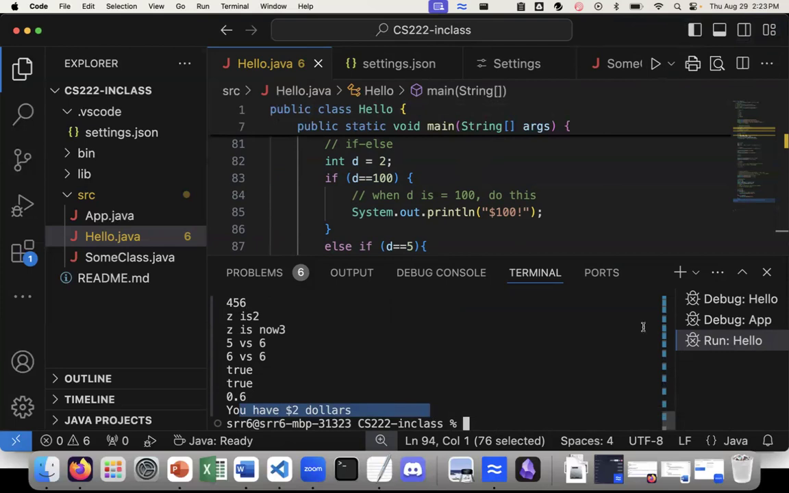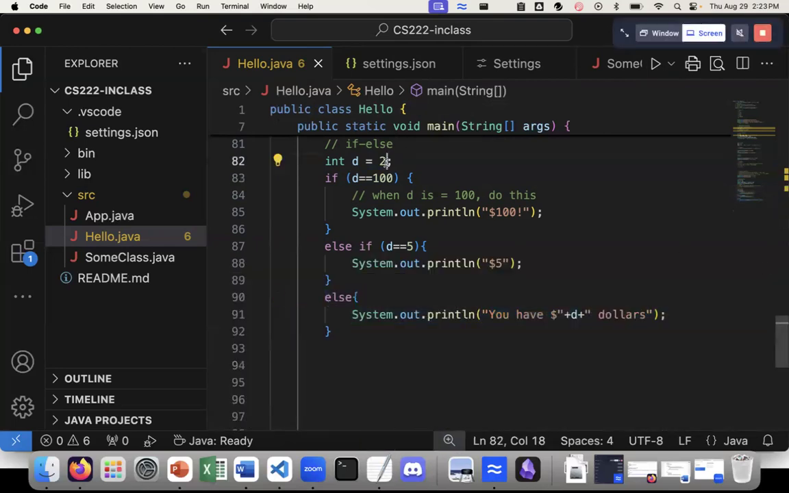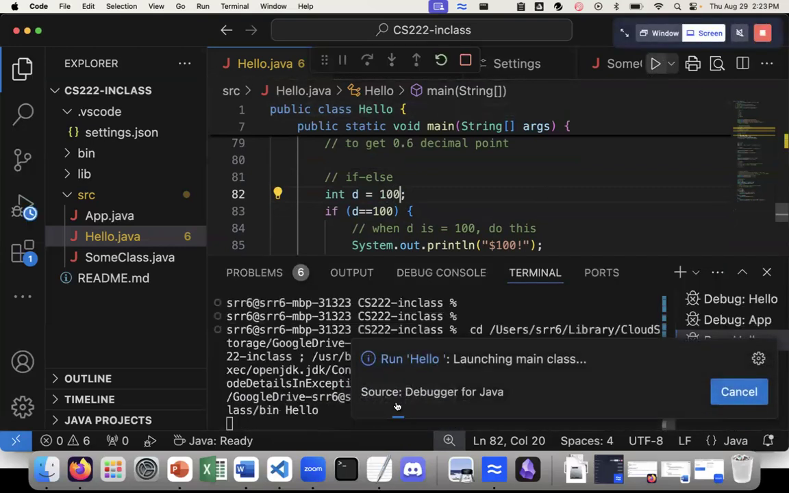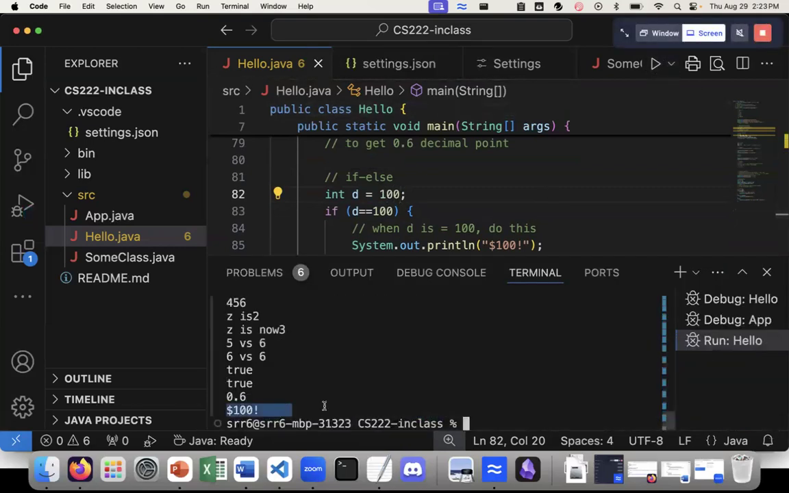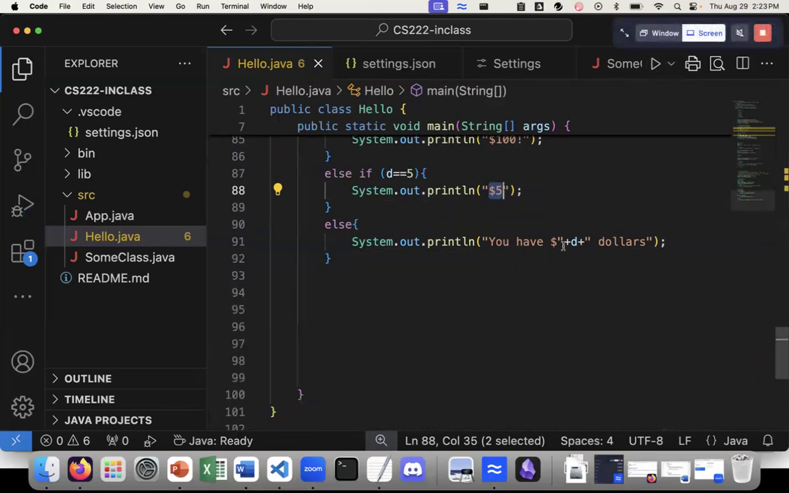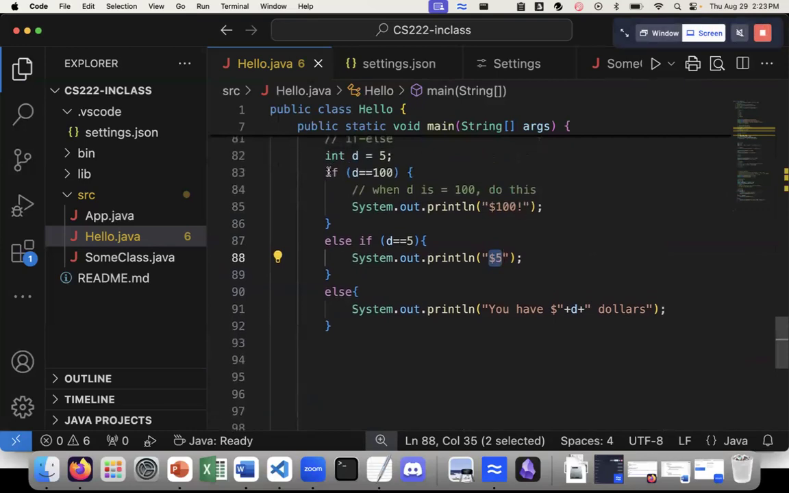There we go. Great. If we had, let's try D as equal to 100, then we get $100. If D was equal to 5, we would expect just the text $5. And there we go. So in Java, you have the word if or else if, and then the logical operator